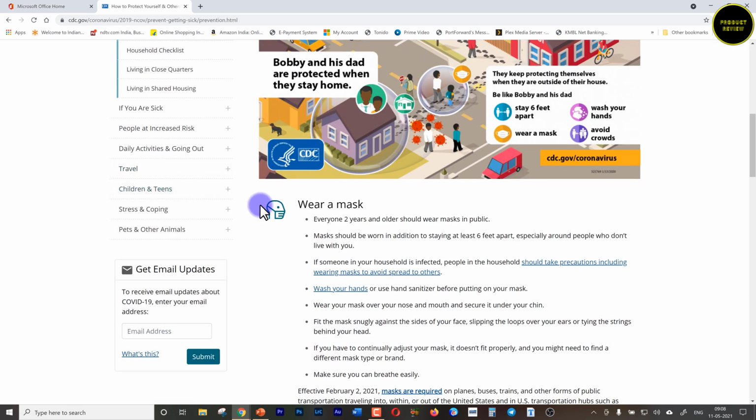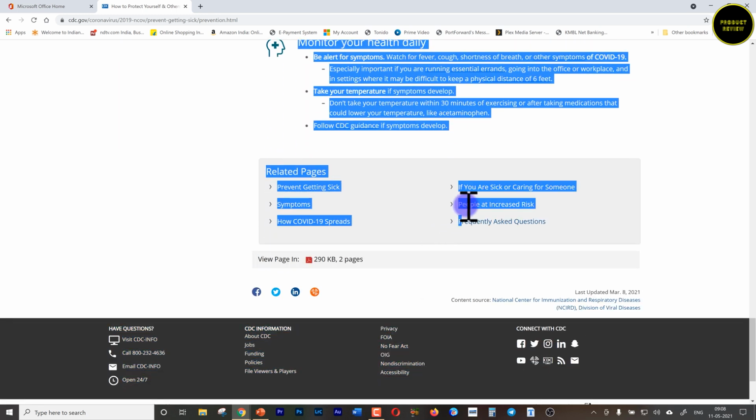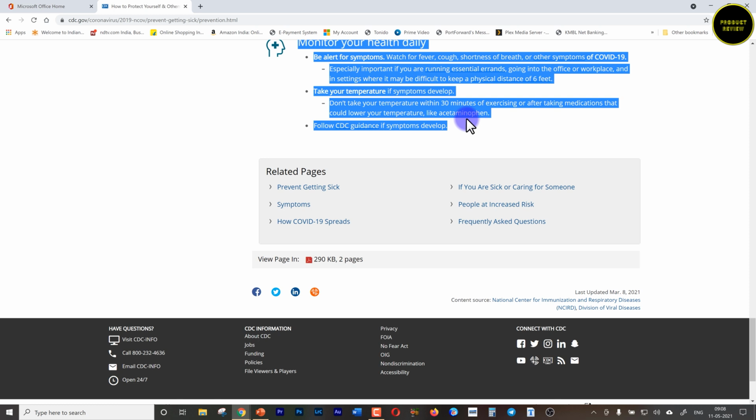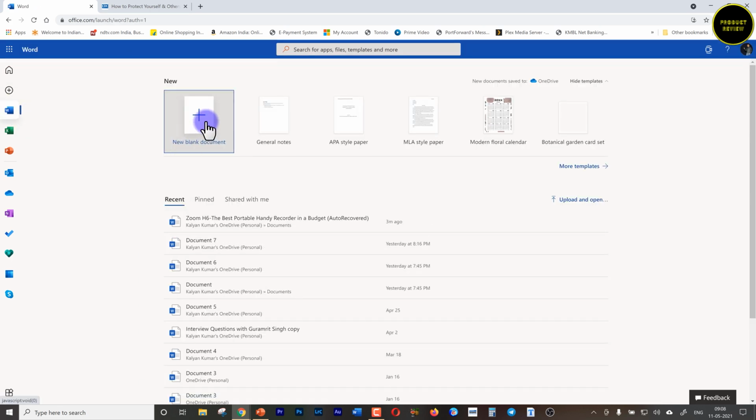I select and copy the content I want. Open the office.com tab, open Word, hit New Blank Document and paste it.